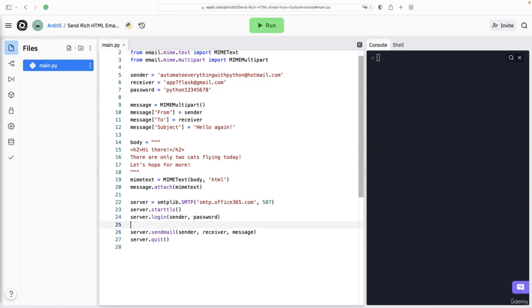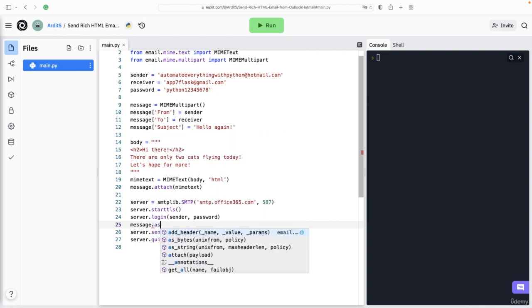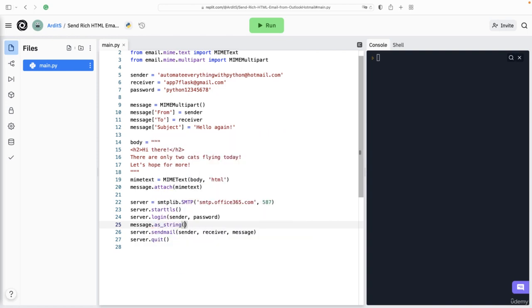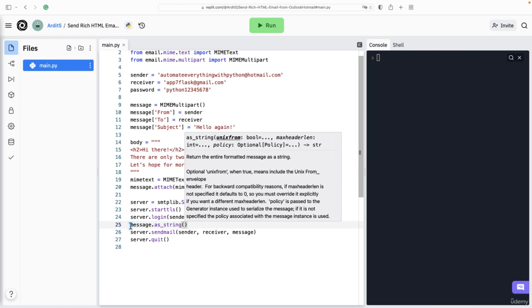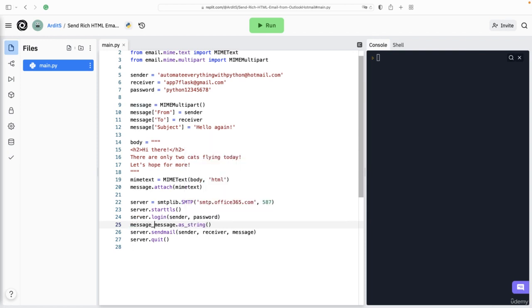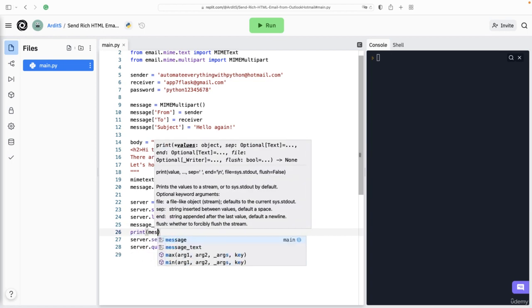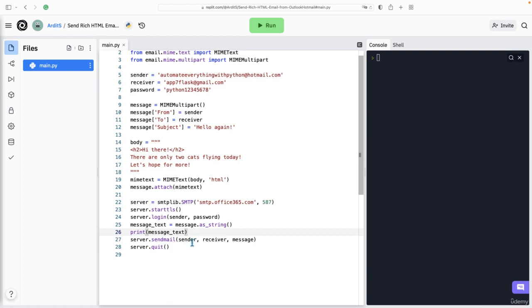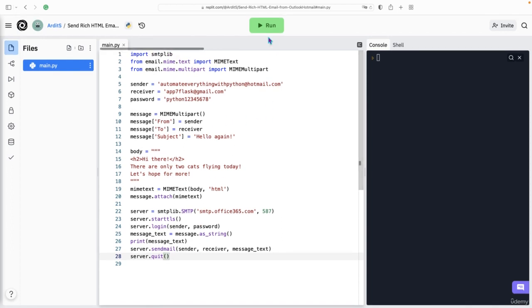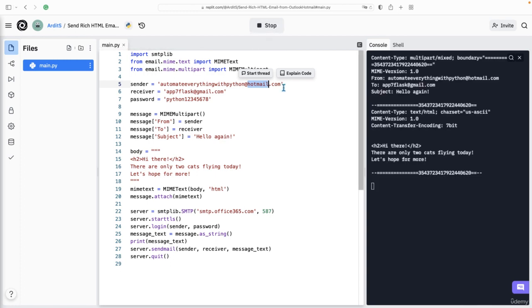To do that, you want to use message.as_string, so that method, and store that into a variable message_text, for example. And I'm just going to print it out for you to see what this is about, and then provide here message_text instead of message, and quit the server, and that's it. I'm going to run this now, and I will be expecting an email to the receiver email address from my Hotmail account. So I pressed on send,